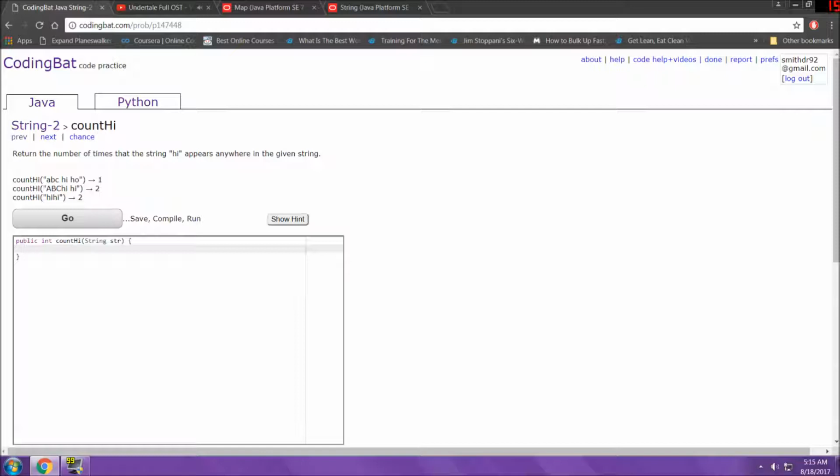Count high. Return the number of times the string high appears anywhere in a given string. So I think that this one's pretty simple. Int high appearances. It's a little bit too descriptive probably, but alright. For int i equals 0, i is less than string dot length